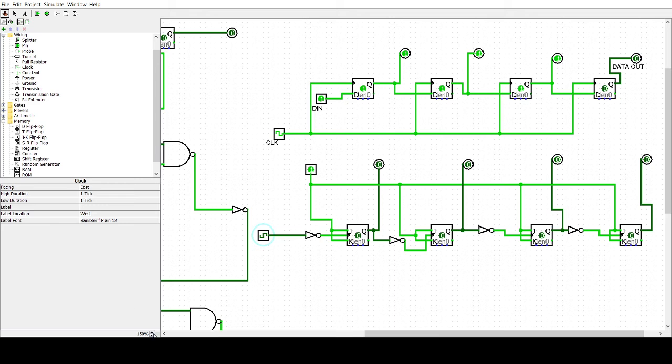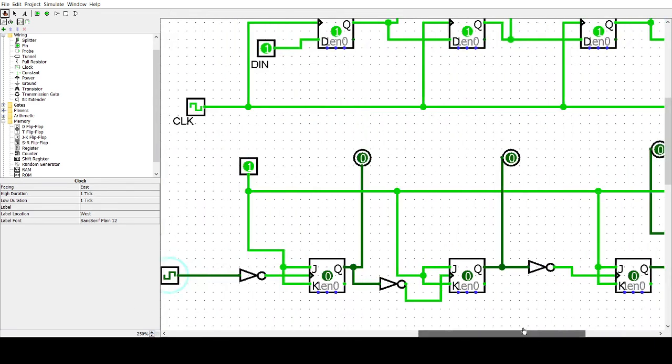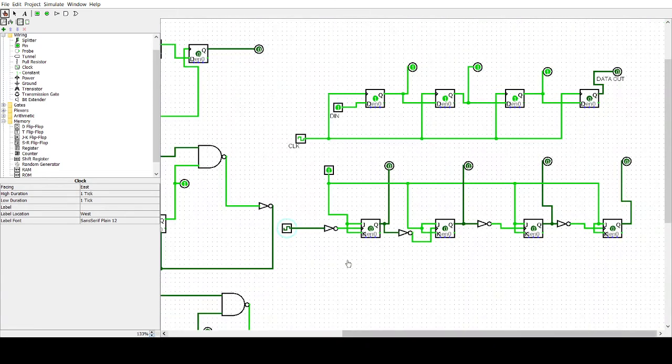Now I want to convert it into mod 10. The mod 10 counter will be very simple. I need to use a NAND gate, or you can use an AND gate also. In the diagram given in the manual, it is a NAND gate, so I am using the NAND gate.